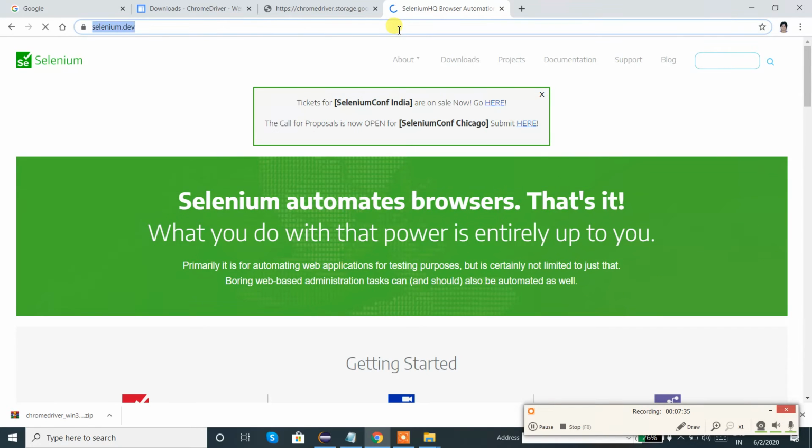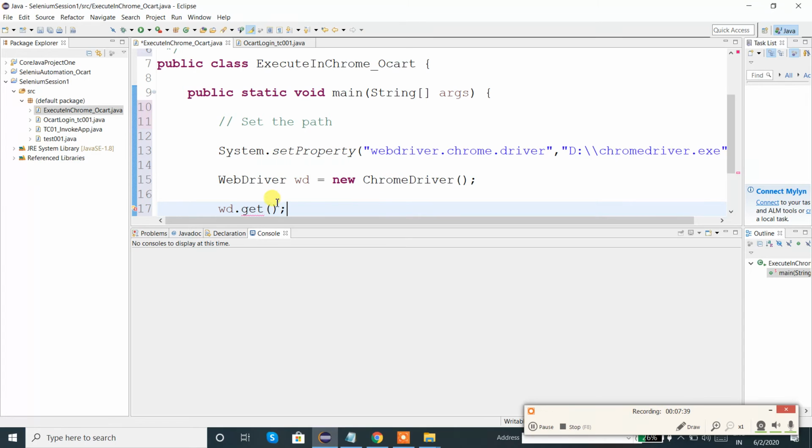Yes, so now let me copy the URL and put it over here, and let us see the step description now: to launch selenium.dev in Chrome browser.